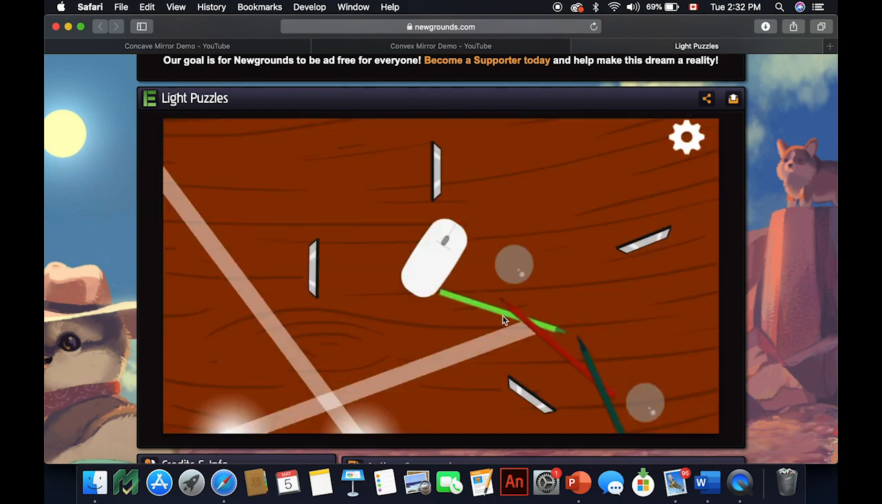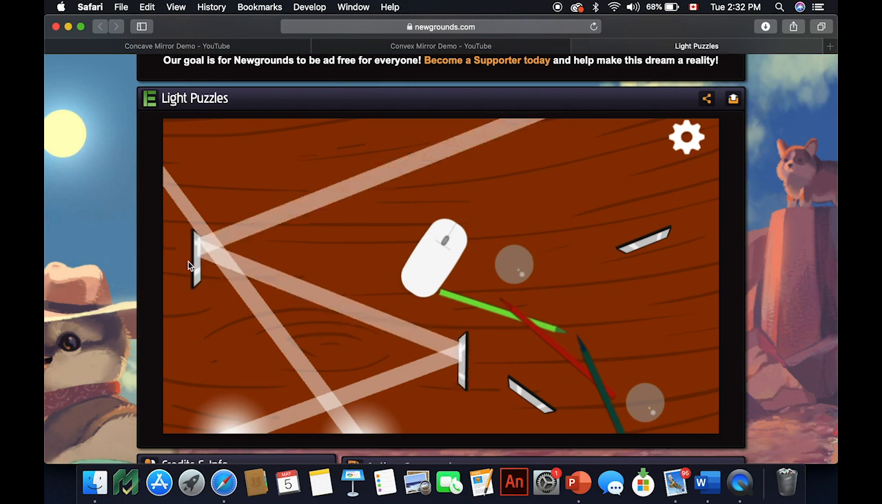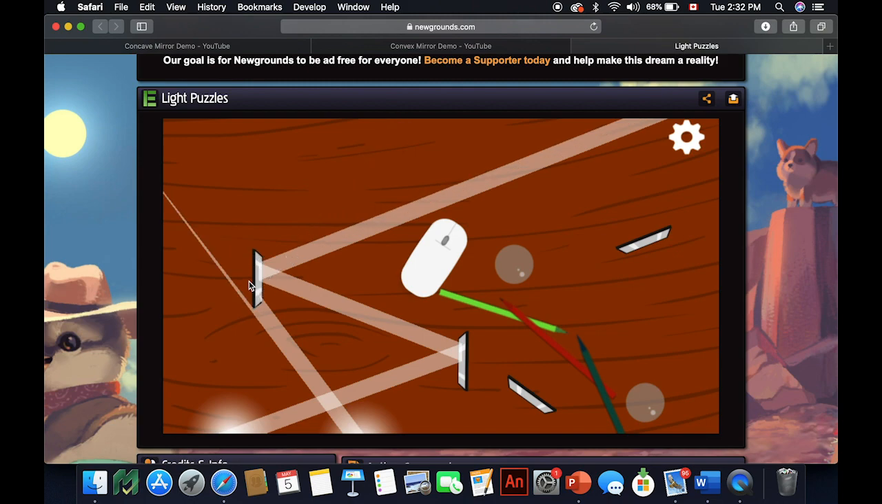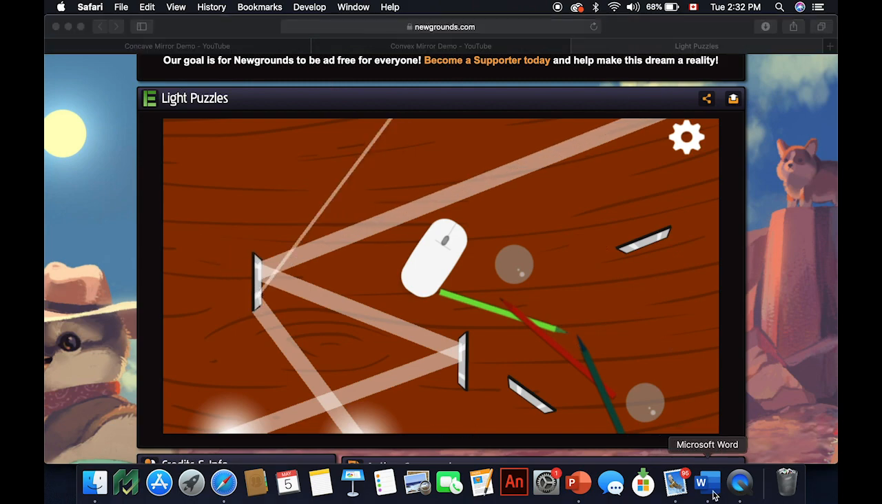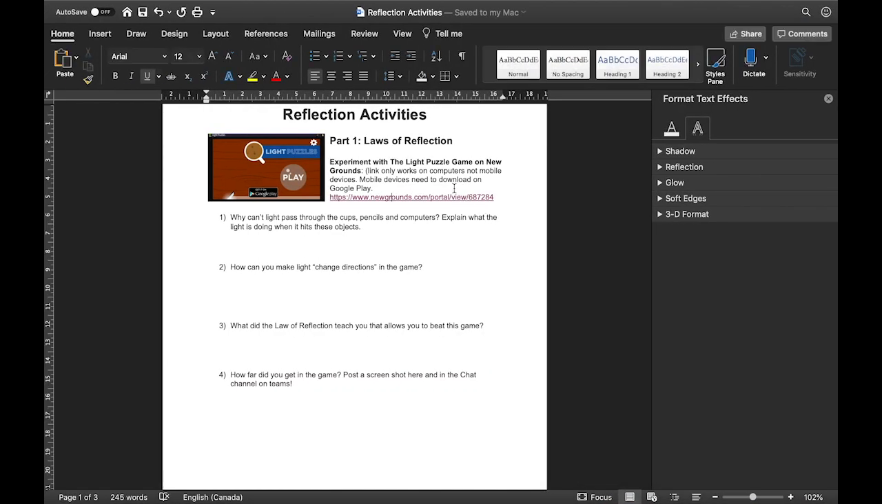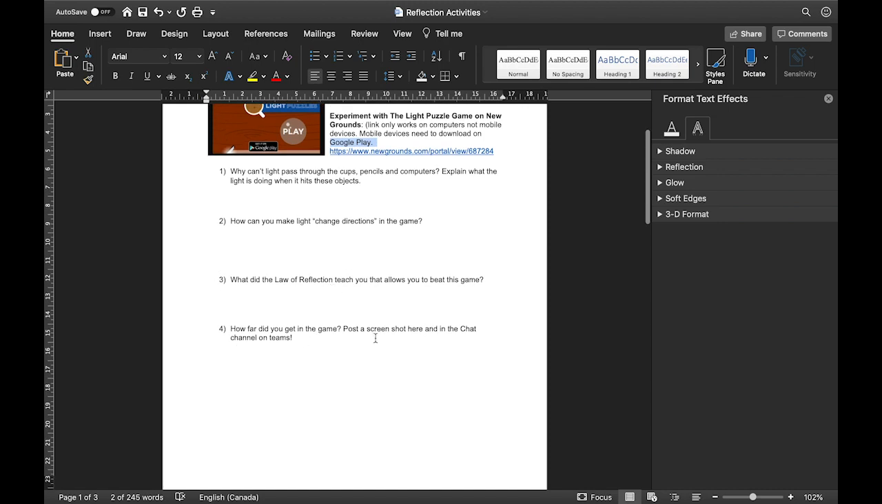There are 25 levels. I've made it all the way to level 25 so far. They start getting really complicated, but I'd like you to play around with it and answer some of the questions. Unfortunately, it's not going to work on a mobile device or phone, so try and see if you can snag the computer for maybe 10-15 minutes to experiment with it. Or it is available on Google Play and might be available in the App Store if you want to try it that way. So there are 4 quick questions